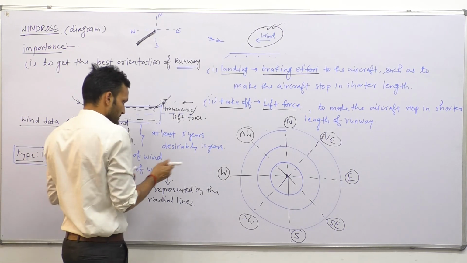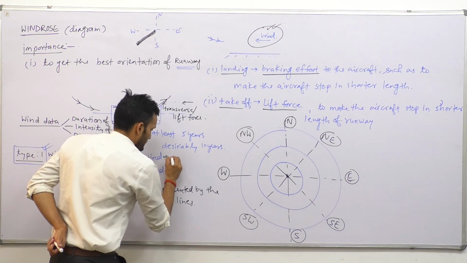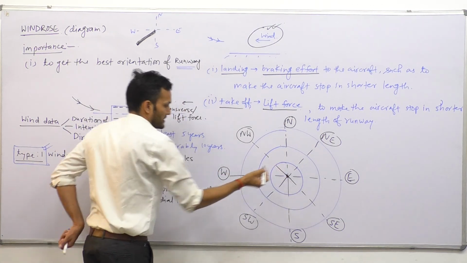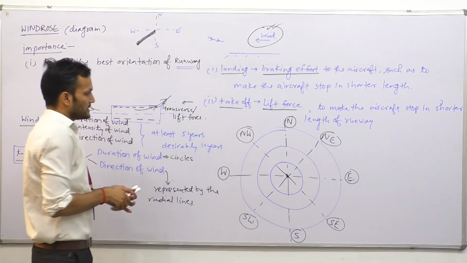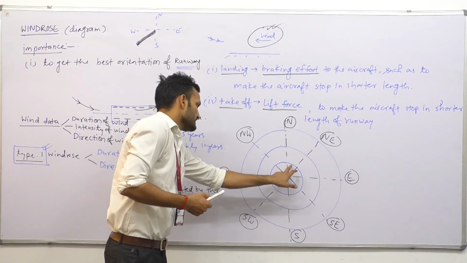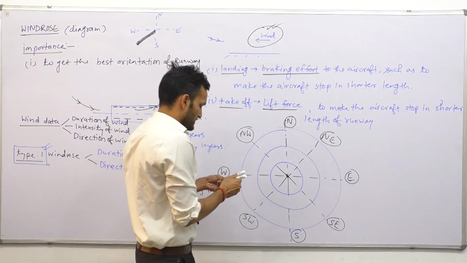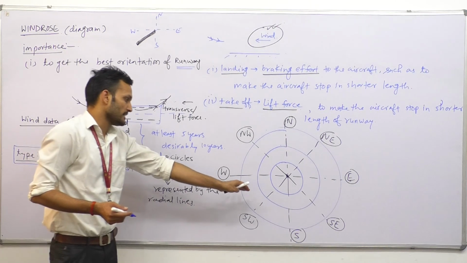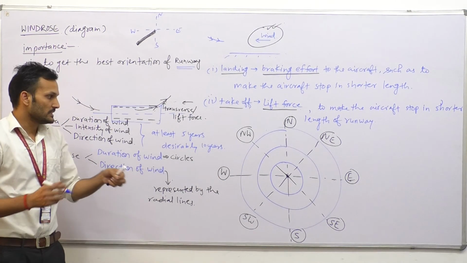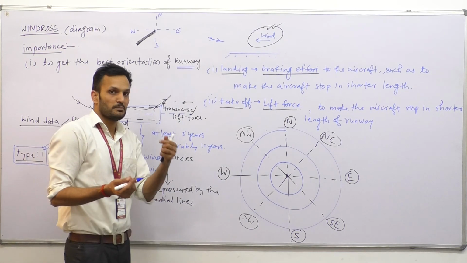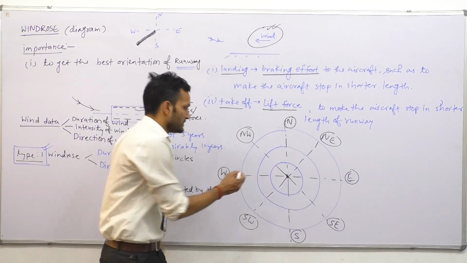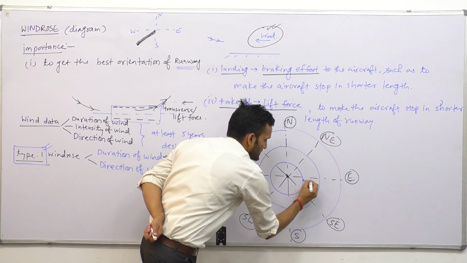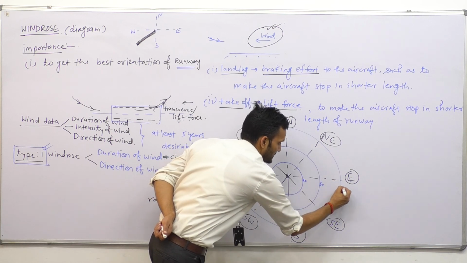These concentric circles are representing the duration. Duration means what? Suppose this is explaining like 20%. If this is a percentage, it means the data is collected for 5 years. If I am depicting here the data of the previous 1 year, within these 365 days, the percentage of time the wind is towards east. So this percentage can be like 20%, this percentage can be like 30%, this percentage is like 50%.